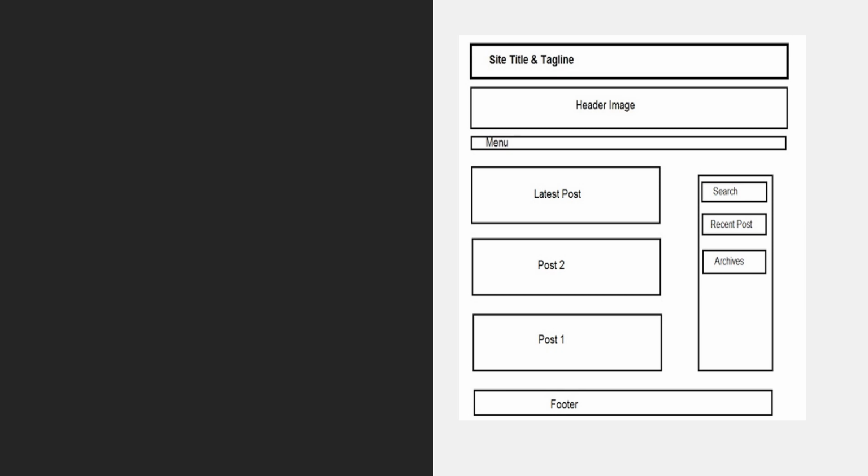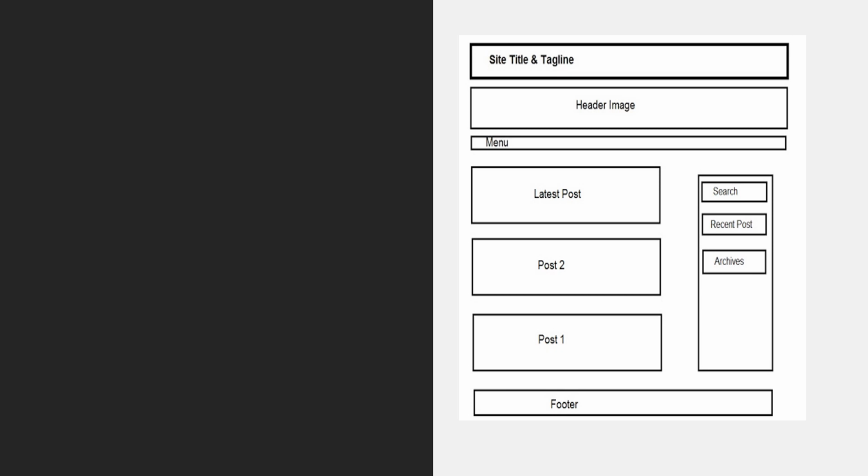Markup language is used to create a structure for my data. Here you can see this diagram. This is how I want my web page to look. First I want my site title, then a header image, then a menu, then all the posts and so on. To create this structure, I will use the markup language.